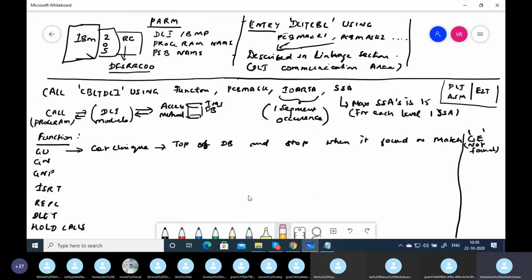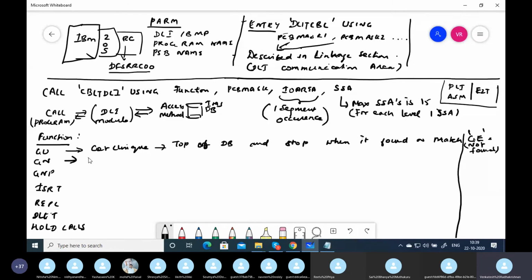If you don't know the data, go for an unqualified SSA. An unqualified SSA is going to stop everywhere the segment name matches, and in the program you have to have logic to find whether this is the data you're looking for. If it is qualified, it is going to find; if found, it retrieves; if not found, it gives GE.